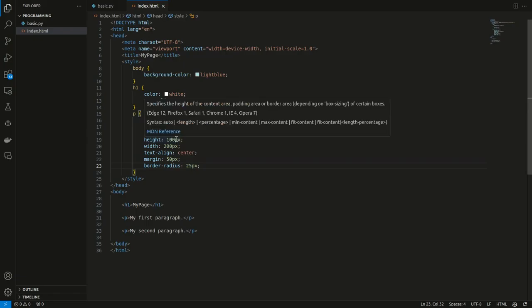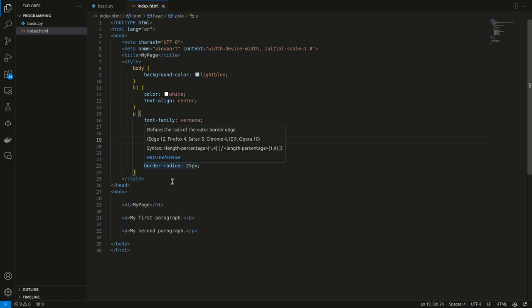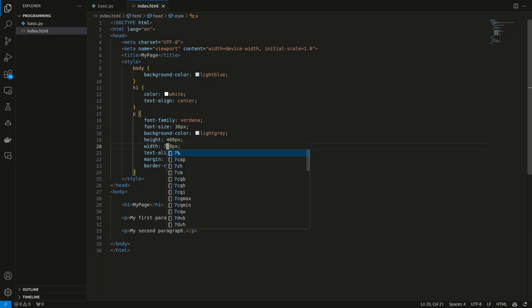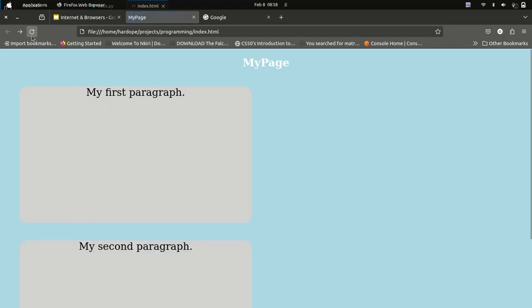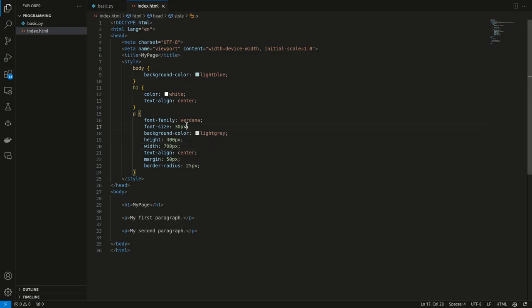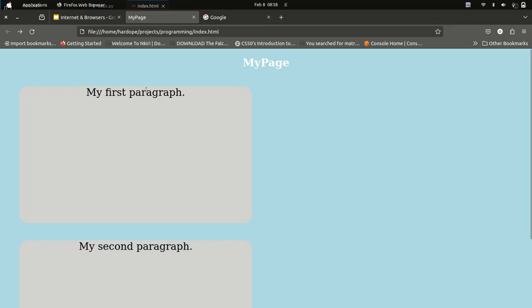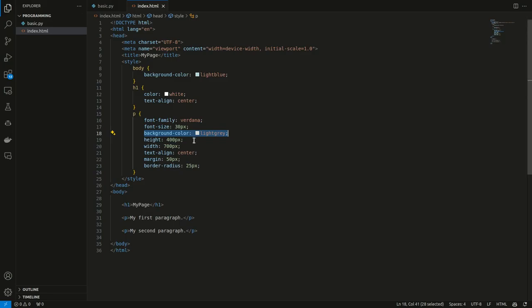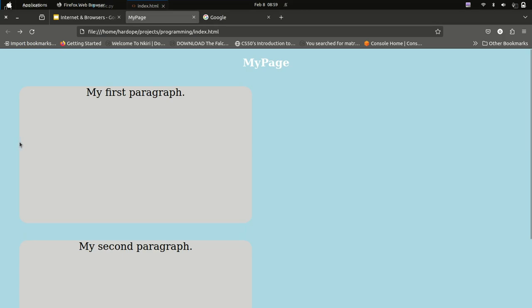Well, let's make it look a little bit better, and let's say we have height should be... now we have something like this. So you can see what I did here was I changed the background color for the specific p tags, which is the paragraph tags. Then I set the height, so you can see it's now showing much higher, which is the height from the top to the bottom. Now you can see the width, also the distance from left to right.